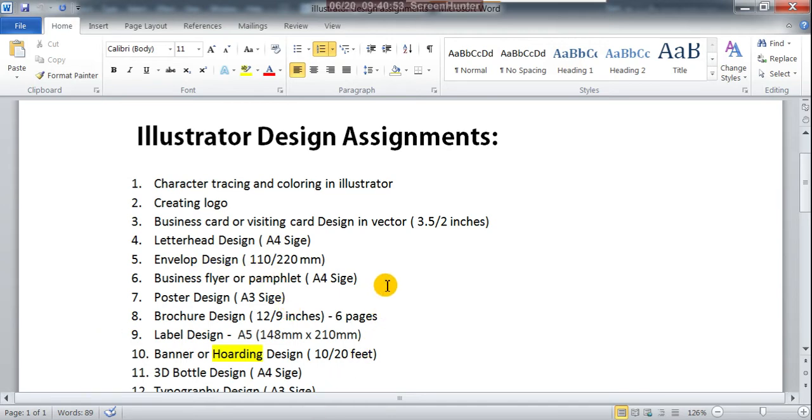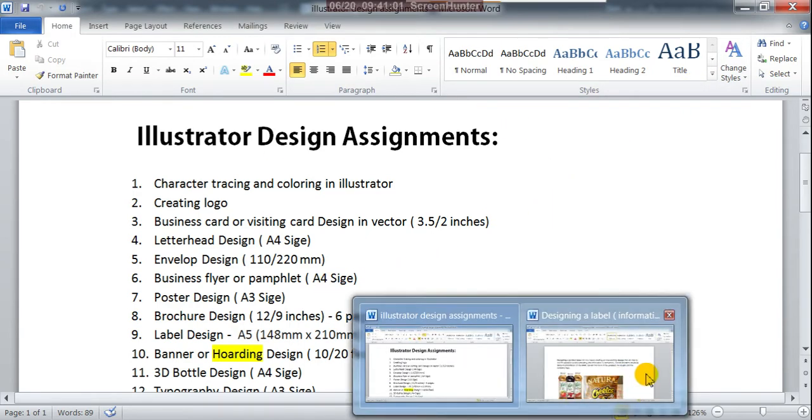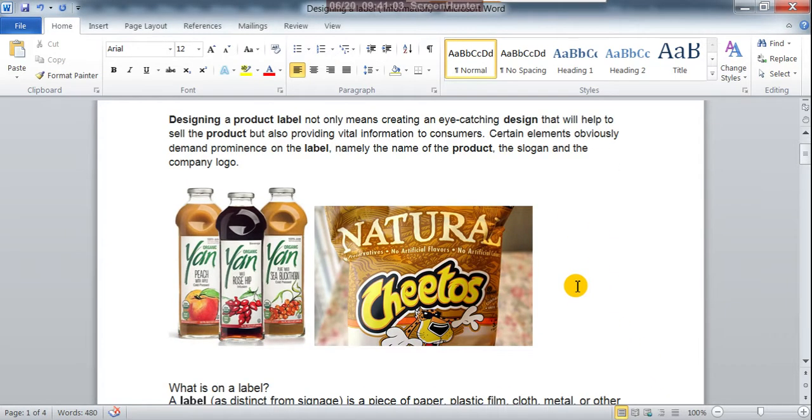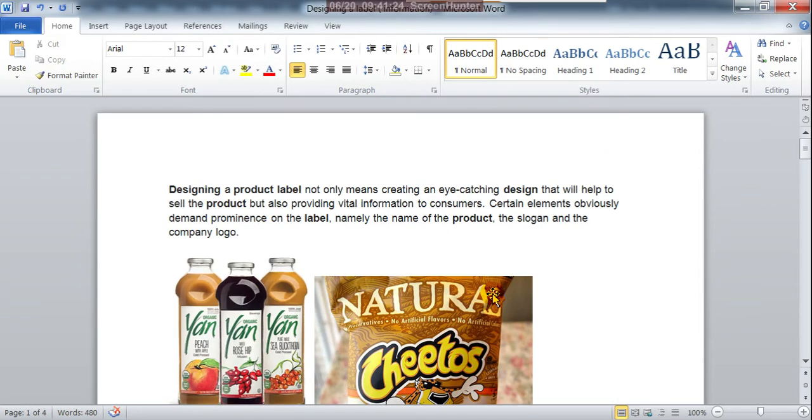Let us discuss what a label is. That is very important before going to the practical. First we have to understand the information about it. By saying this simply, we'll understand what a label is. Labels are like stickers on products and packaging, like on whatever ready-made food is available in the market or store. So these are all labels. There are different kinds of labels, so let us check one by one.